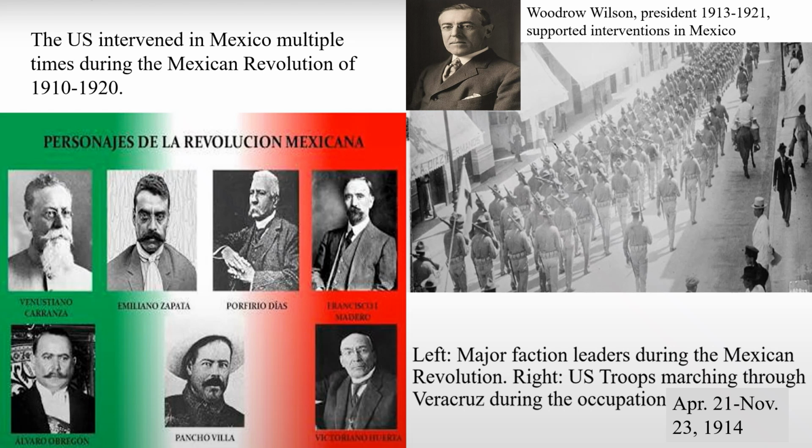To make matters worse, though, there are American business interests in Mexico. There are American expats that live in the country, and the United States had dispatched ships to Veracruz, an important Mexican port city, to officially keep any kind of German weapons from entering the country. In the spring of 1914, American troops would disembark from their vessels in Veracruz. They would do what sailors often do, become intoxicated, get a little too rowdy, and they were arrested by the Mexican police and thrown in jail. They were quickly released with apologies from local Mexican law enforcement, but this diplomatic faux pas, you might say, gave Wilson and the United States the pretext to occupy the city of Veracruz, and they occupied it from April to